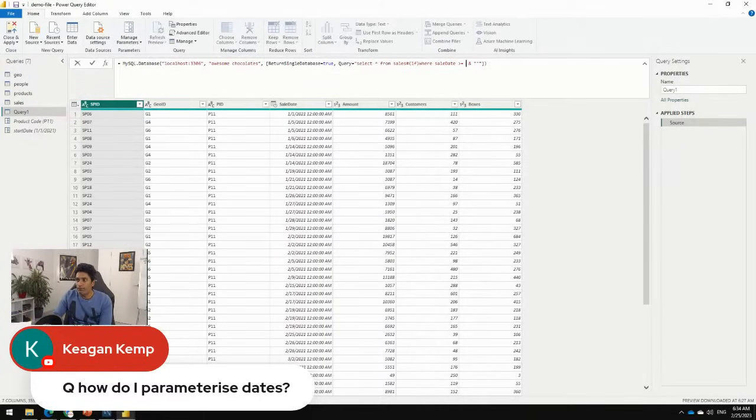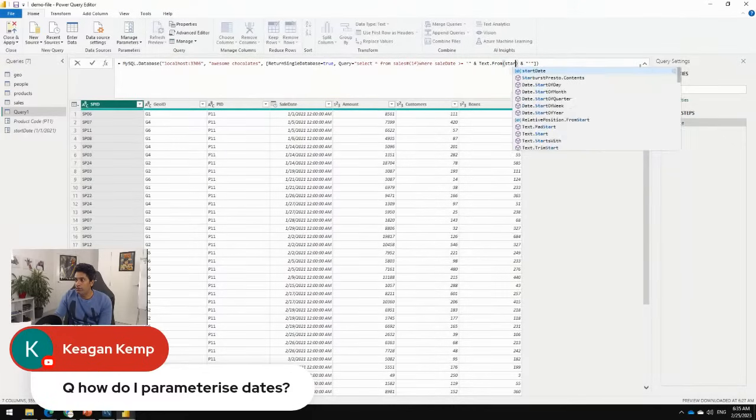And then here like that, and one more ampersand. I'll zoom this bit later once I finish typing, because it can be a little tricky to do both in one go. So sale date greater than or equal to, and then single quote, and here I have got my start date, but I can't just use the start date, so I need to use text from start date,